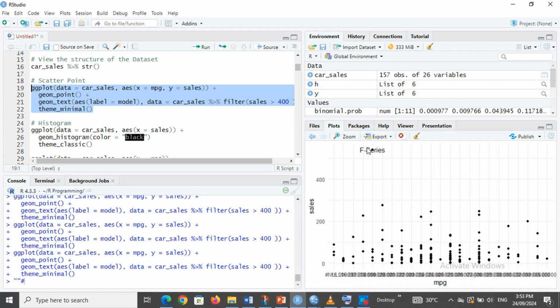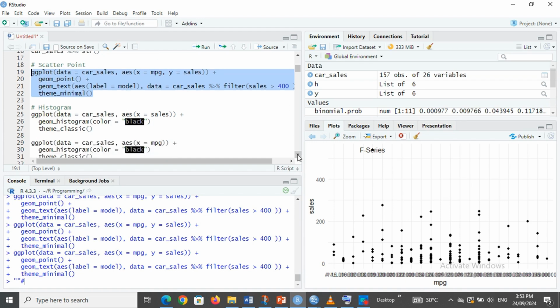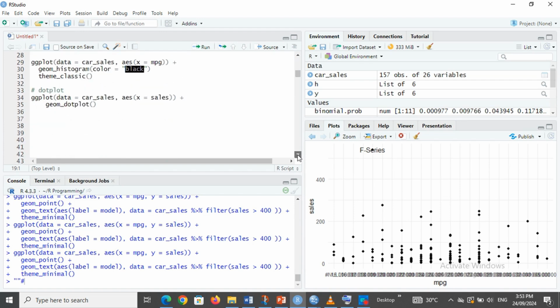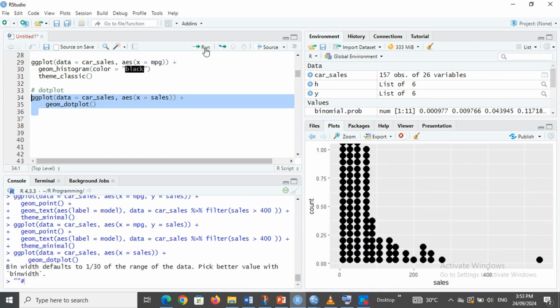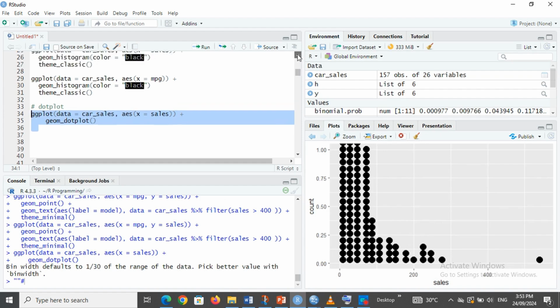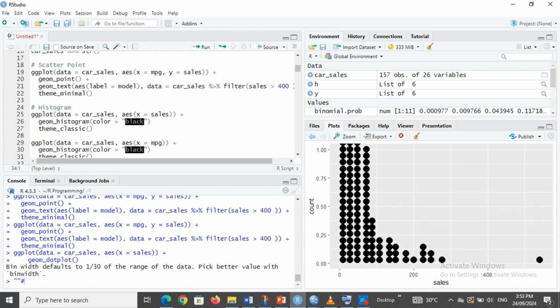So we've done the scatter plot. We've done the histogram for the sales and the fuel efficiency. Now we've done the dot plot. That's the other type of scatter plot. Now this is an outlier. If we want to find which particular car has that outlier, we can use this